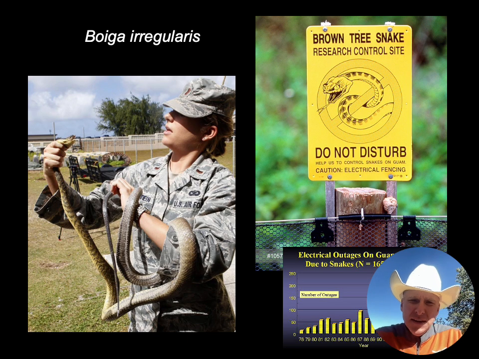Pretty rapidly after that, the population of snakes just exploded, to the point that by the 60s and into the 70s, they're this huge pest species. They're causing lots of population declines in native fauna. They're causing electrical outages by getting into wires. They can be kind of a bitey snake if you try and grab them and move them somewhere else. And in the end game, by 1998, 16 of the 22 native bird species were actually extirpated from the